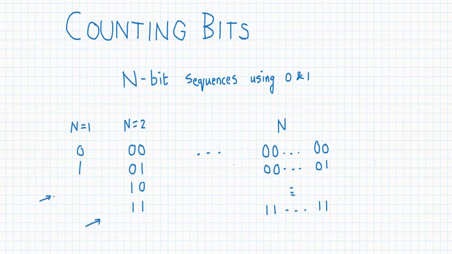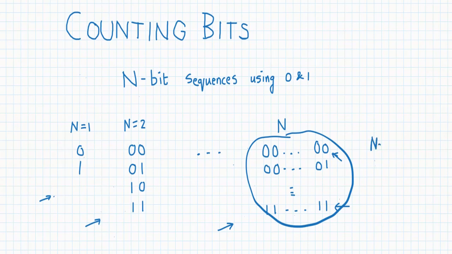And on the far right I have written down the general case where we have written down all sequences of length n, starting from all zeros and ending at all ones. So we want to know how many times 0 is used in writing all these n-bit sequences and how many times 1 is used. Let's say n0 is the number of times 0 is used in writing all these sequences, and n1 is the number of times 1 is used. So we want to know what is the value of n0 and what is the value of n1.